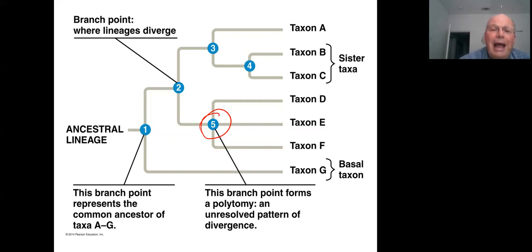But what we don't have here is enough information to be able to identify which of the 3 groups, which of the 3 taxons at this branch point diverged first. Is it D? Is it E? Is it F? We don't know. So this is a temporary solution until such times as we do gather enough information to be able to decide which of these 3 groups should be basal and to the other 2, and therefore establish a